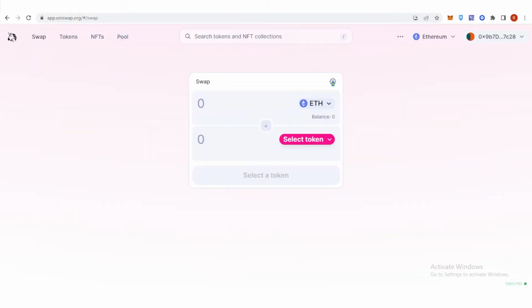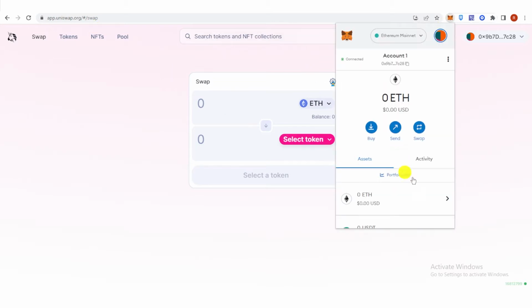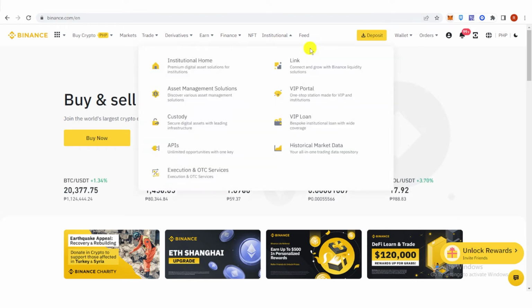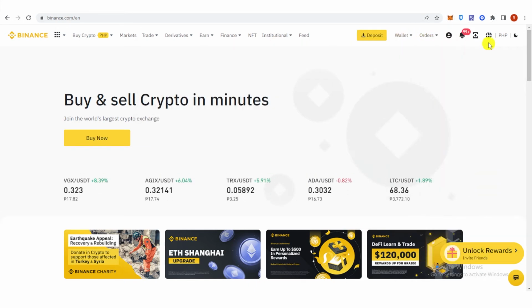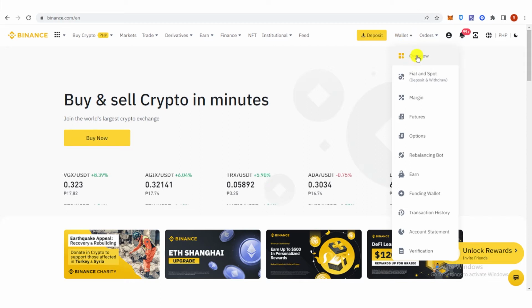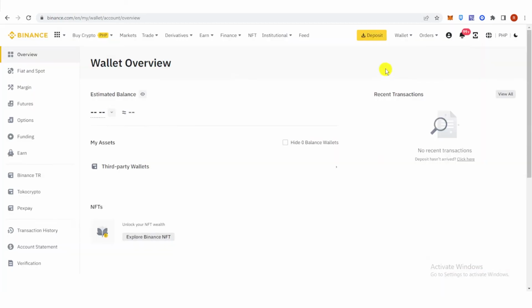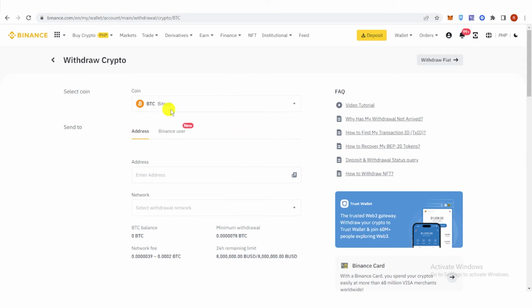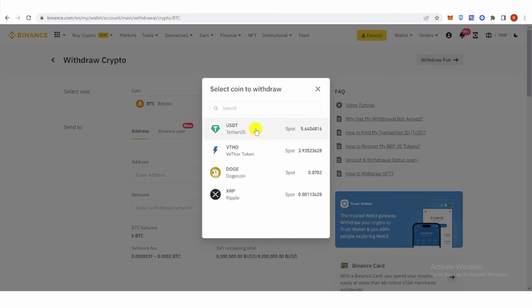So for example, you can go to app.uniswap.org and then you must have funds in your MetaMask wallet. If you don't have funds yet, you can go to your Binance here and then transfer your funds into MetaMask wallet. So for example, let's go to overview here and then click withdraw and then choose your coin. So for example, we're going to use USDT